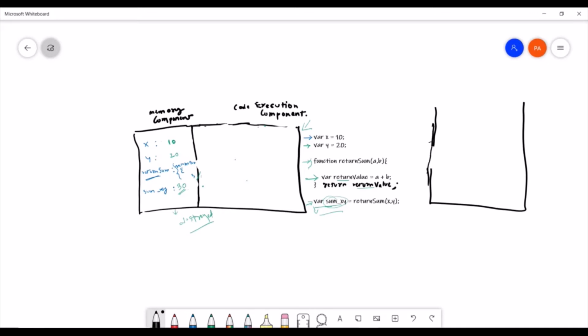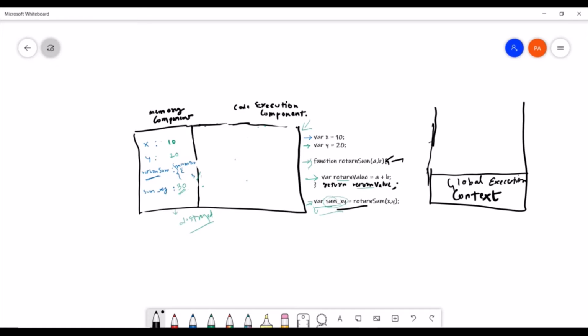So here it will have first the global execution context, okay?